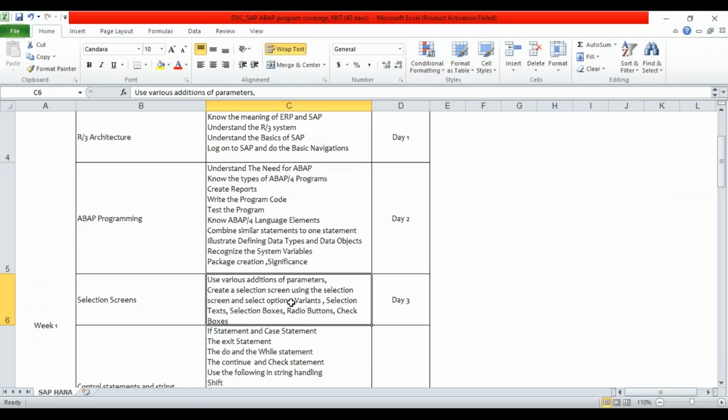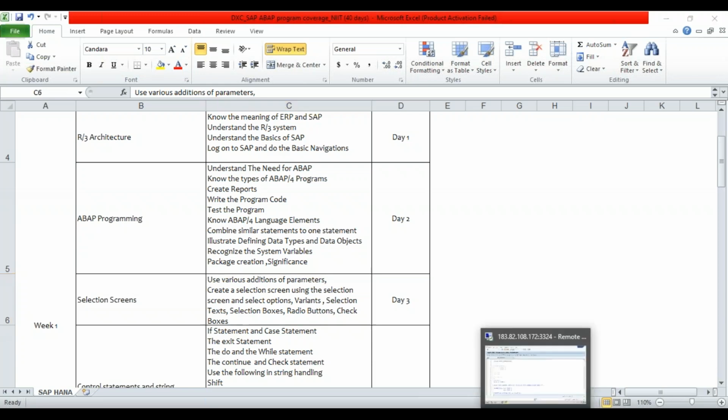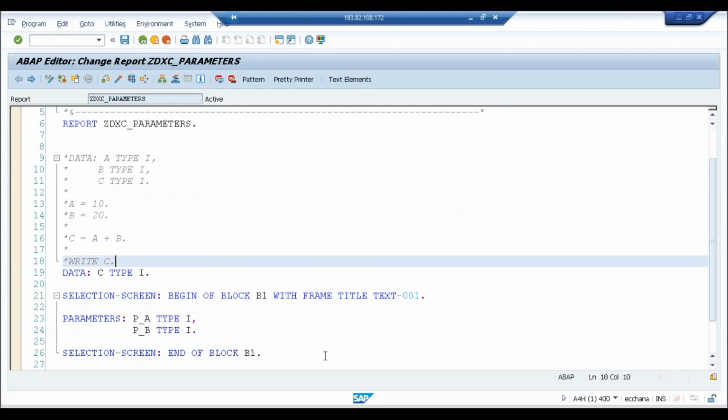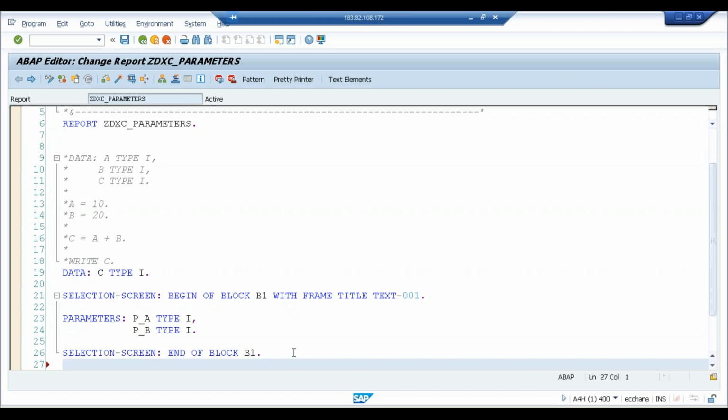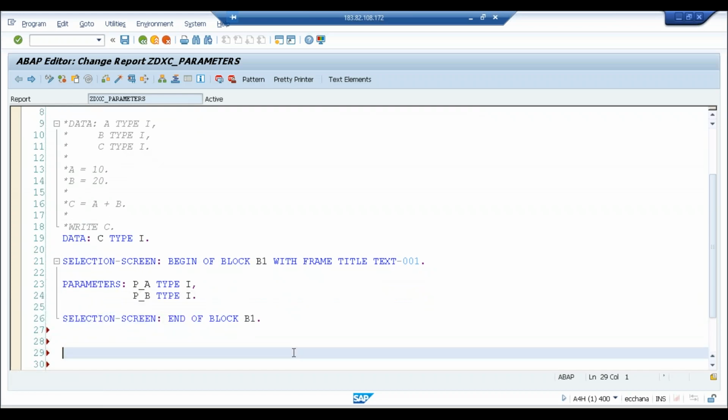Select options is for entering a range, for giving a range of values. For example, let me put it this way. I'll create select options, say s_num, type for